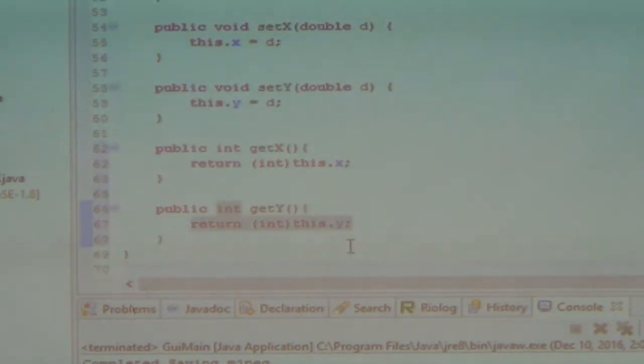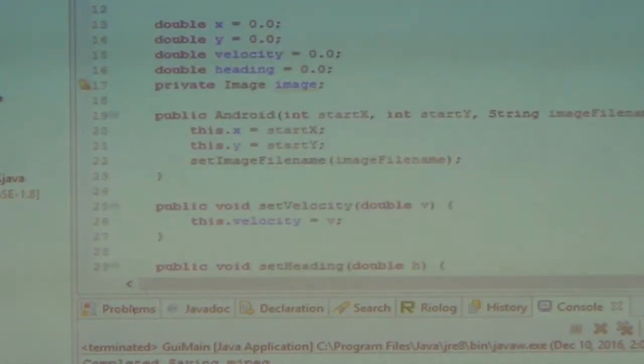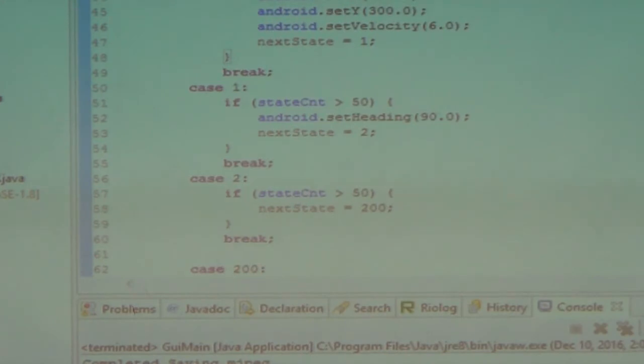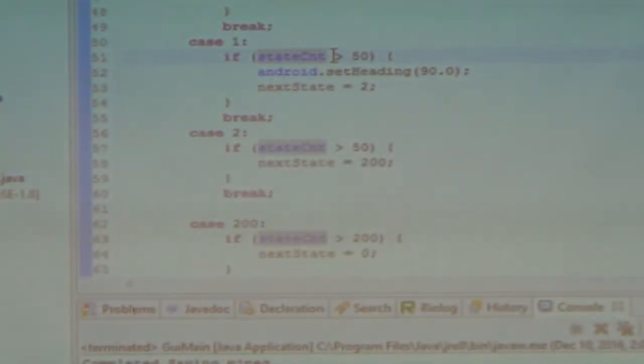Now save that, because this doesn't auto save like in your studio. This lets us access the variables within that object. Now we're going to go into our Auton class, and on the first one, instead of state count, we're going to switch that to if Android dot get